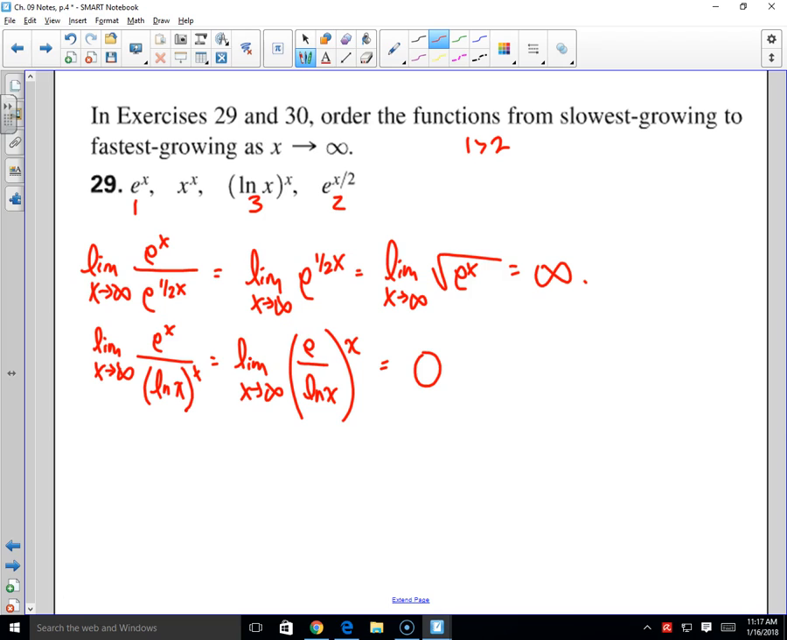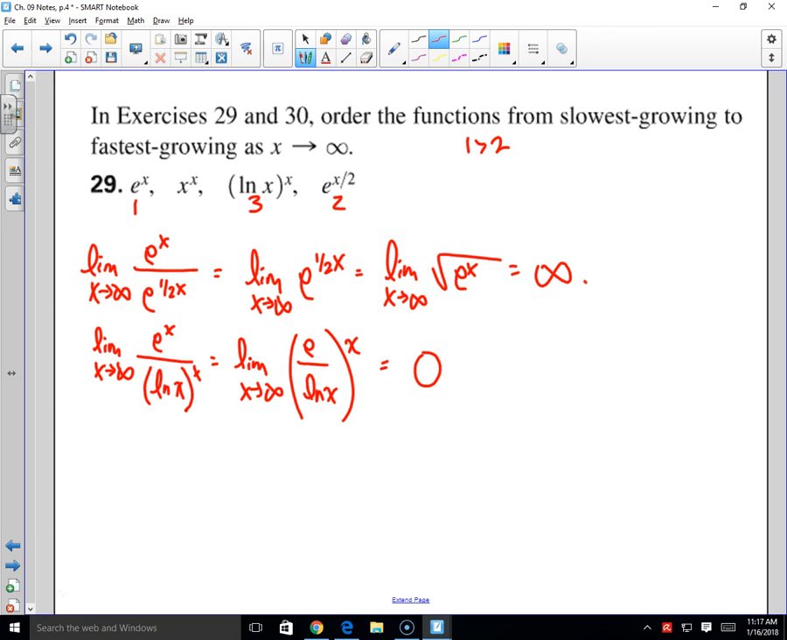Could you do L'Hopital's? That'd be a mess, because you would have to make it ln on both sides and bring down the x. It would be possible, but disgusting. So it is nice that we know that 0 to the infinity we can say is indeed 0, which means that